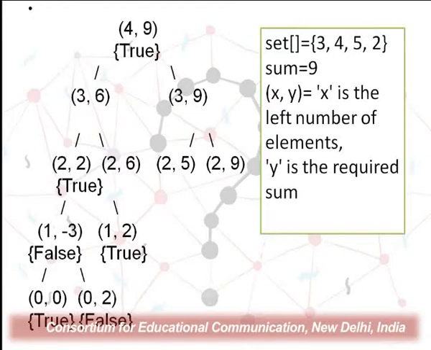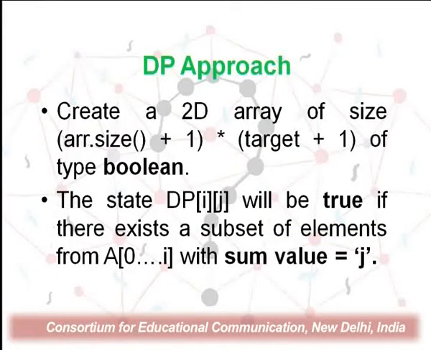And coming to 1 comma 2, with one item left, can we achieve the sum 2? Yes, the last item is 2 itself, so with that particular item we can achieve a sum of 2 with only one item, so that is true. In this similar manner, we will keep on taking a bottom up approach, filling in these Boolean values, and this kind of tree can also be achieved if we use the dynamic programming approach.